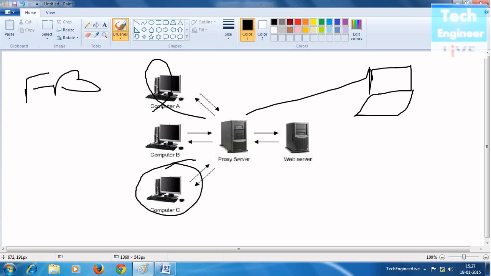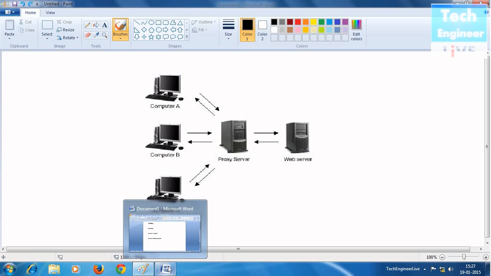Same thing, you can allow access to a particular computer too. So if all three use the same website, and you want a particular website to be blocked for a particular client, you can do that